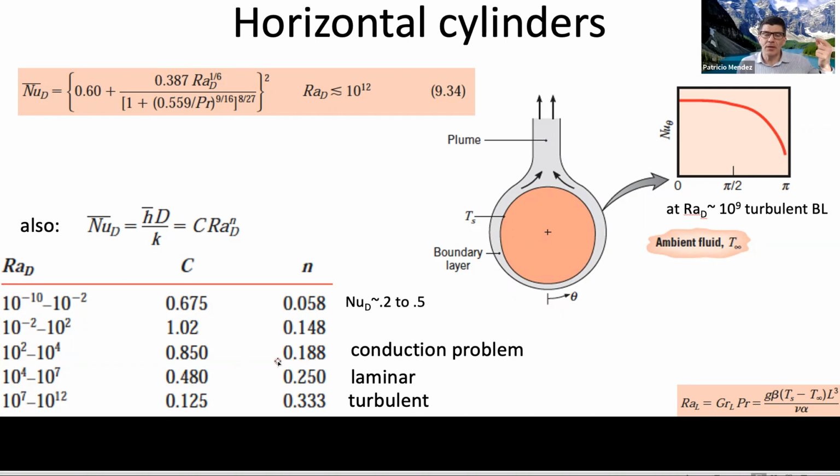Now, when the Rayleigh number becomes smaller and smaller and smaller, that means the temperature difference is smaller and smaller, or the gravity is smaller and smaller, the exponent n becomes smaller and smaller. And in the end, when the Rayleigh number is very small, it's a conduction problem, and we don't have any dependence on Rayleigh, right? And this is what we see. If you go to Rayleigh 10 to the minus 2, 10 to the minus 10, you realize it is